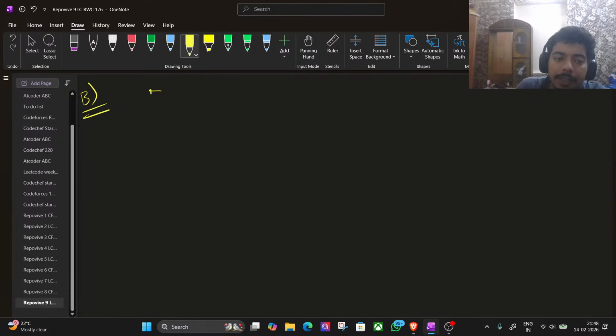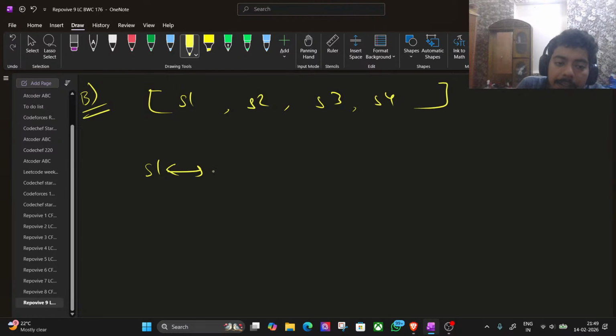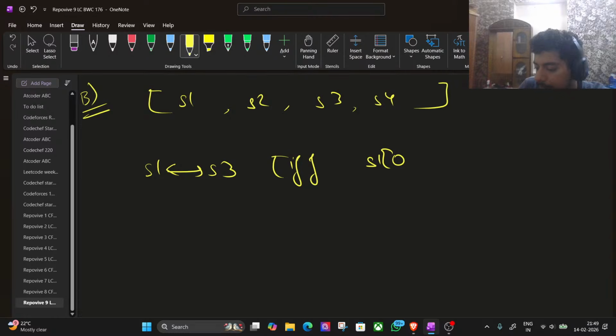in this problem you are given some strings s1, s2, s3, s4. Now s1 is connected with s3 if and only if the prefix of s1 from 0 to k